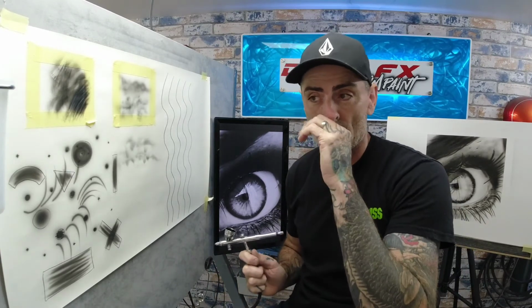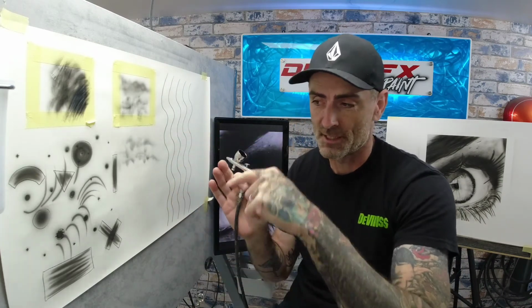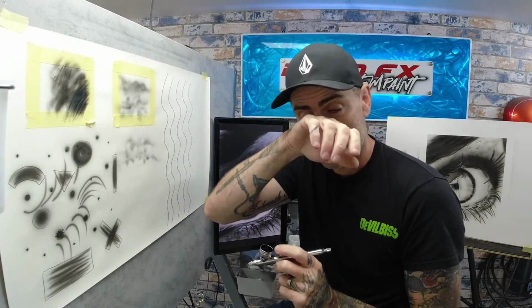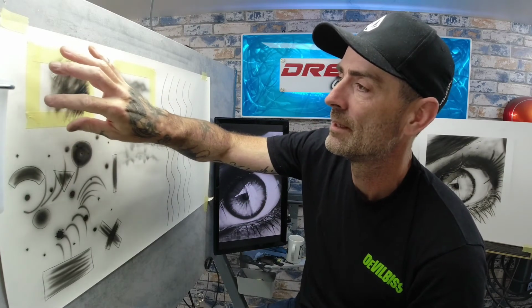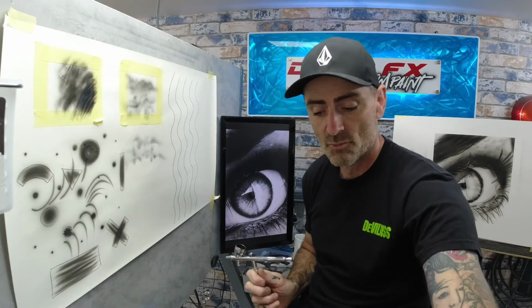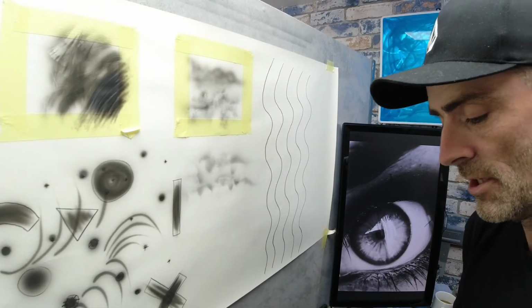Another good one to use is the sheets that you put in your tumble dryer, like the freshen up type sheets. They break up really well. You can pull them along and they're nice for an effect on clouds. So there's some basic techniques on textures. If you wanted to do airbrush textures, like some real fine textures, you can